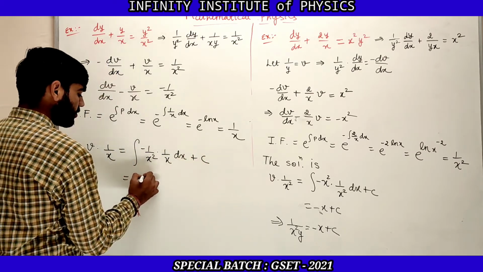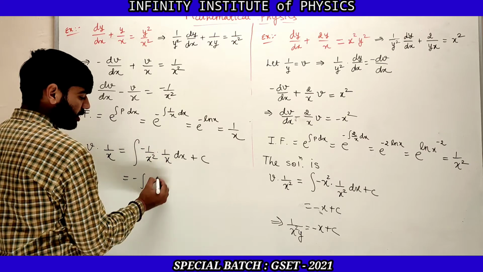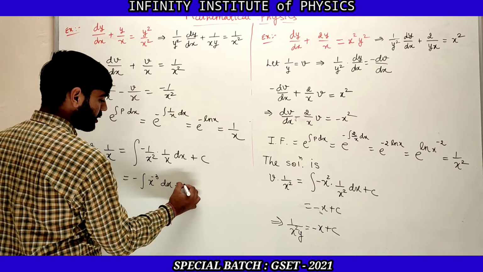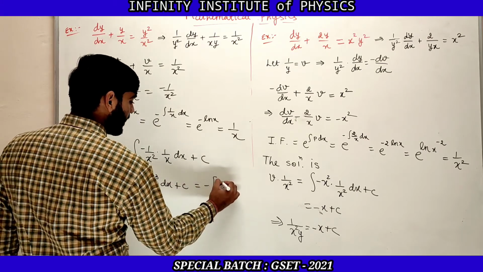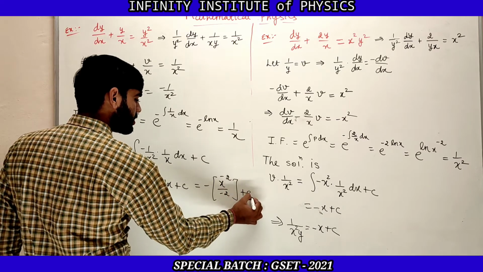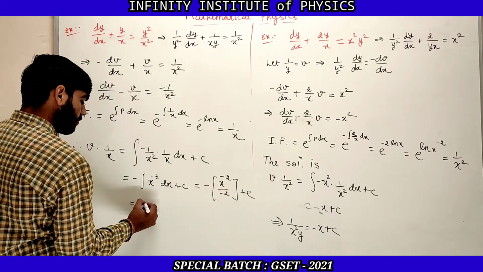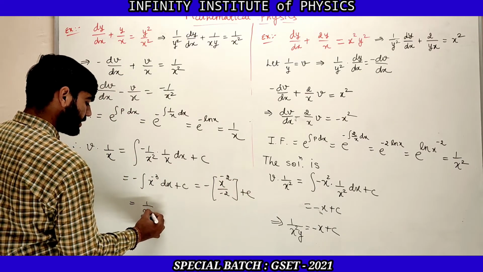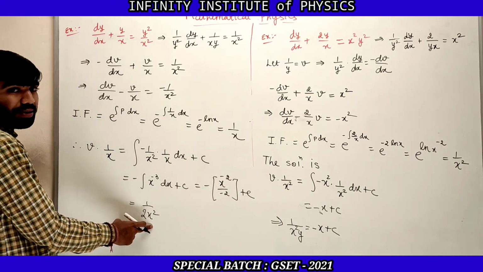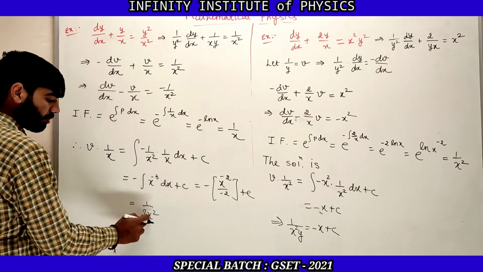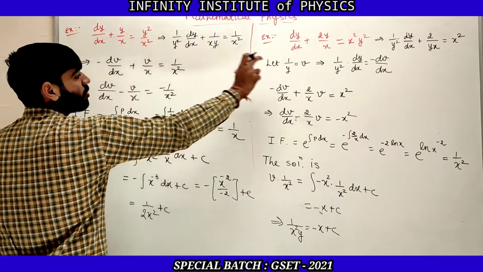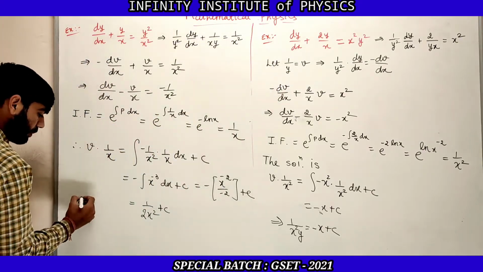So it is minus of integration x square into x, so it is x cube, and that can be written as x raised to minus 3 dx plus c, and so it is x raised to minus 2 upon minus 2 plus c, and so it is 1 by 2x square, because minus minus will become plus. x raised to minus 2 can be written as 1 by x square, 2 is already there, so 1 by 2x square plus c. But v is equal to 1 upon y, so let us put that 1 upon y here, then